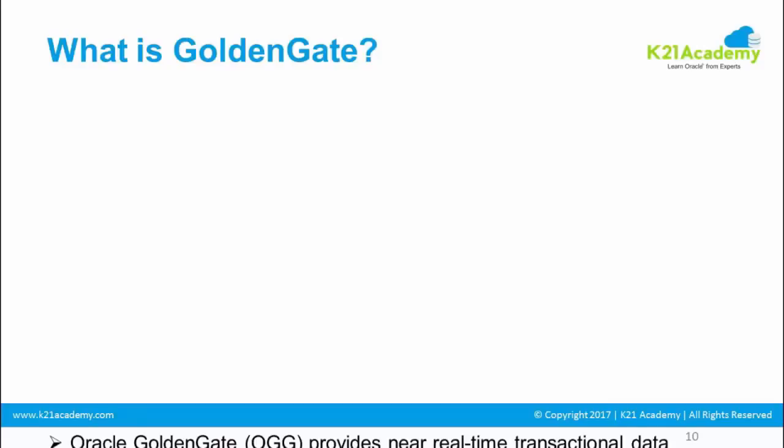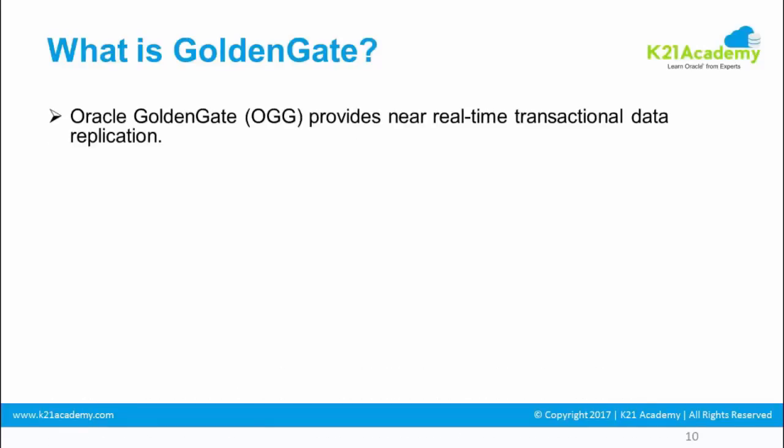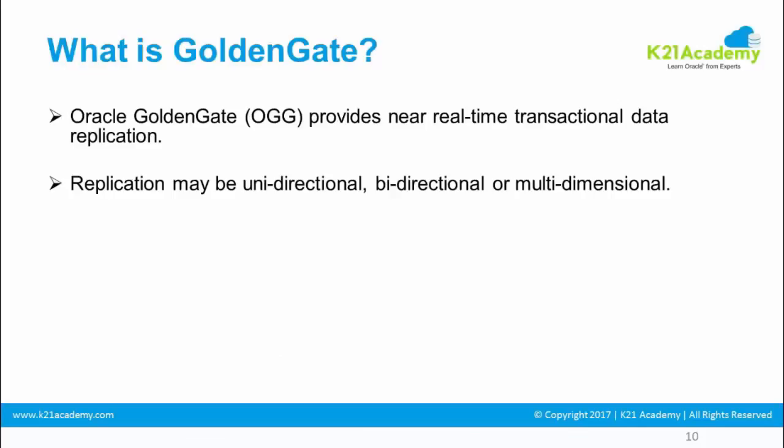So first of all, let us discuss what GoldenGate is. GoldenGate is a change data capture tool. Change data capture means it captures the changes from the source database and applies them to the target. The benefit of using GoldenGate is it provides near real-time transactional replication. That means as soon as data gets committed on the source database, within seconds it is available on the target database. Using GoldenGate, you could